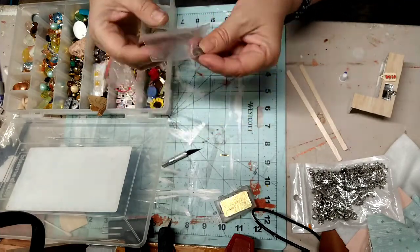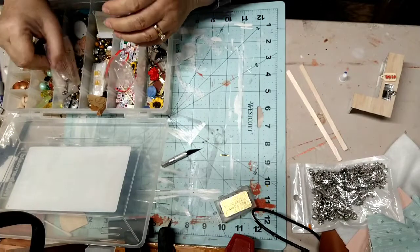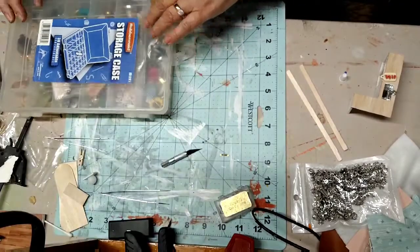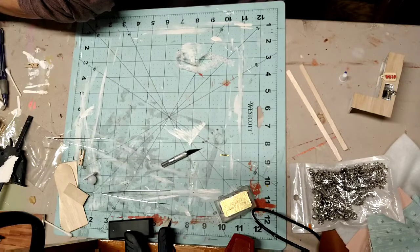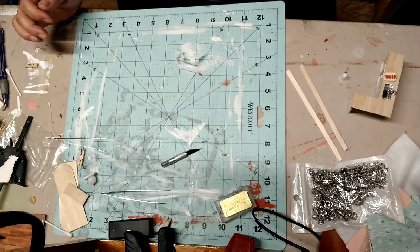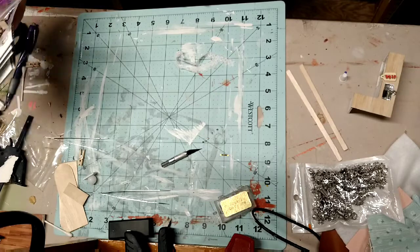And then that foam I think might be too big for this build, but it'll be good for my 50s style house that I'm building. So alright, now I'm going to get these on there before I lose them or they roll away. And I got to dig them out again. So I had toothpicks here somewhere. And I seem to have misplaced them, but I'll get something else that I can use to put those itty bitty eensy weensy tiny little bitty